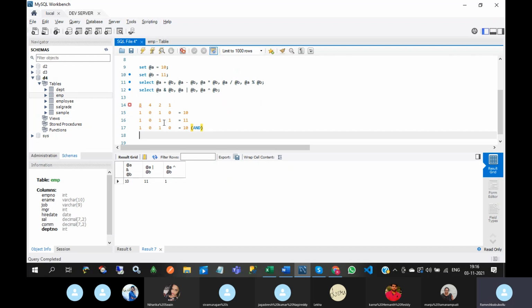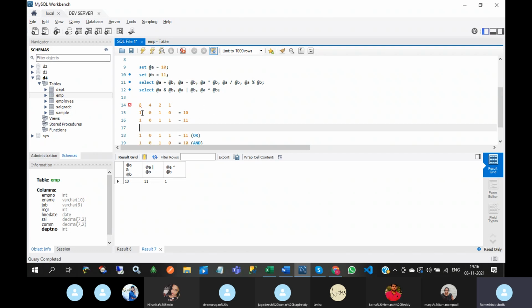Next, A or B. If any one of the input is 1, then output is 1. So here 1, here both are zeros, output is 0. Here both are ones, output is 1. Any one of the input is 1, output is 1. So equal to 11. This is OR operator. Next, XOR.